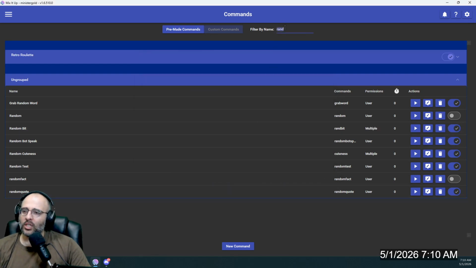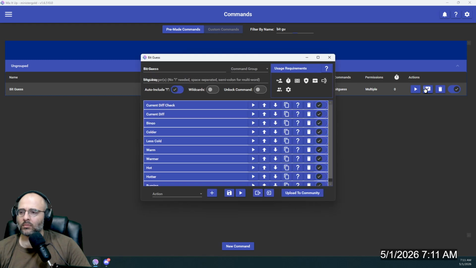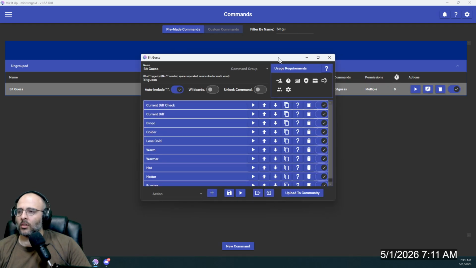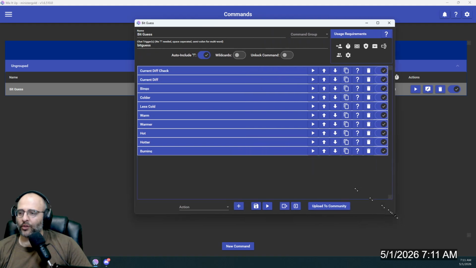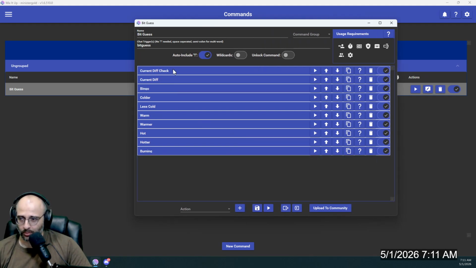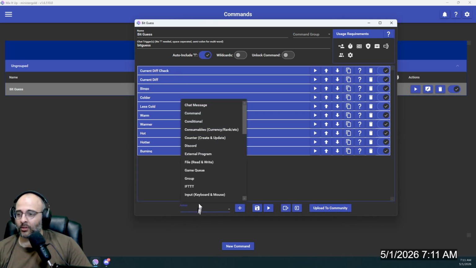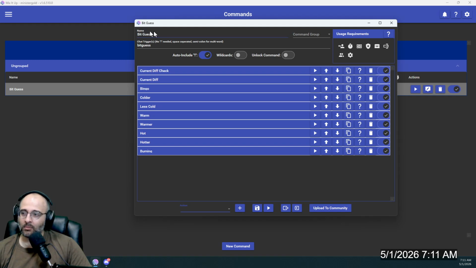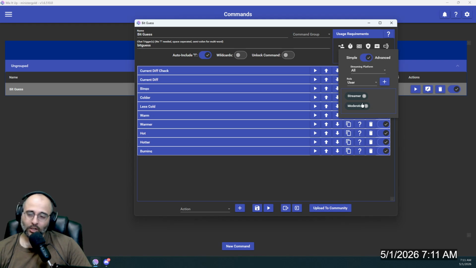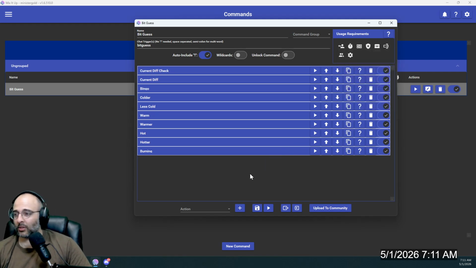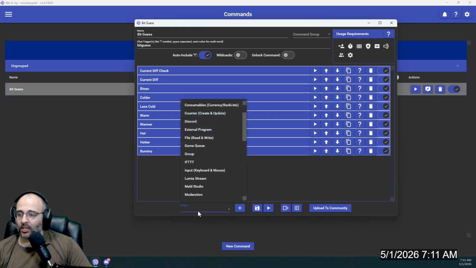Okay, now we'll go to the bit guessing command, and this command will be used later in the bits cheered event. For the first part, we're doing some JavaScript. It's very simple, but it is important. We'll go to the drop down. Before we do this, command name is bitguess, chat trigger is bitguess, and permission to streamer or moderator so that anybody else can't use it. Okay, so we're adding a script.